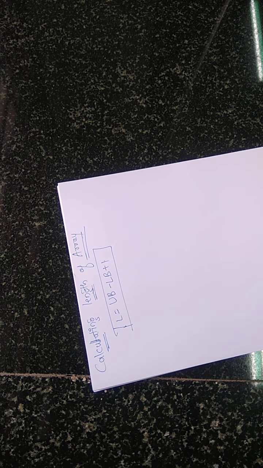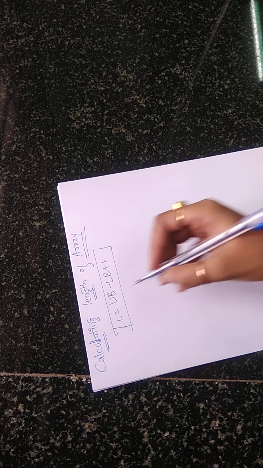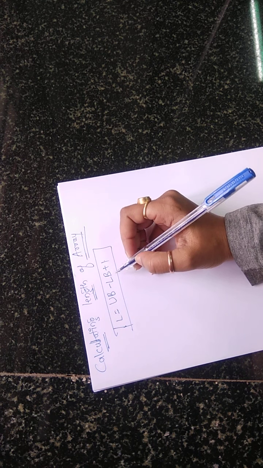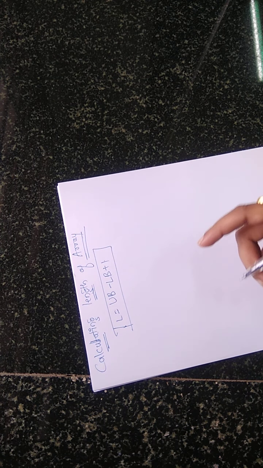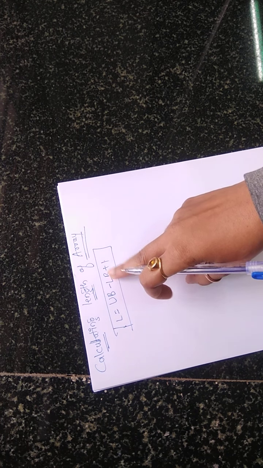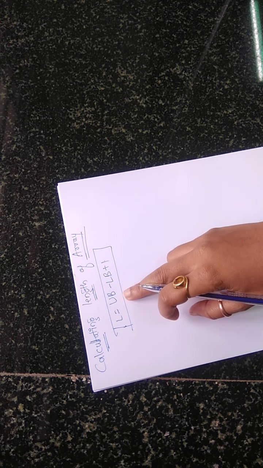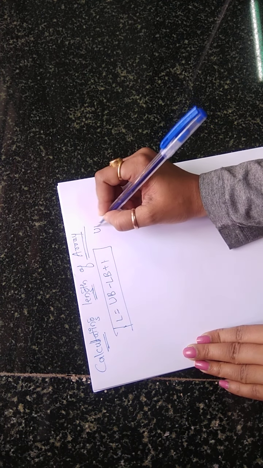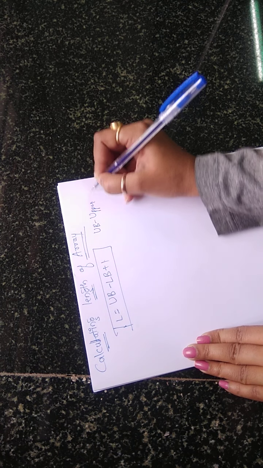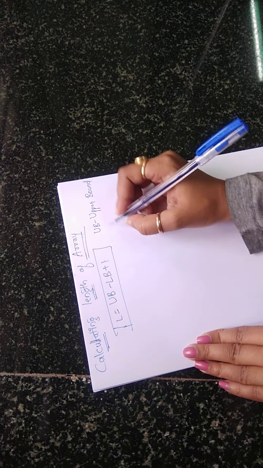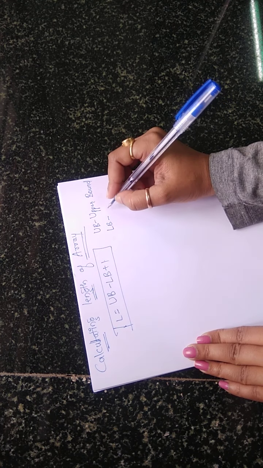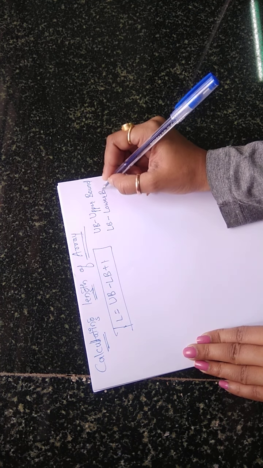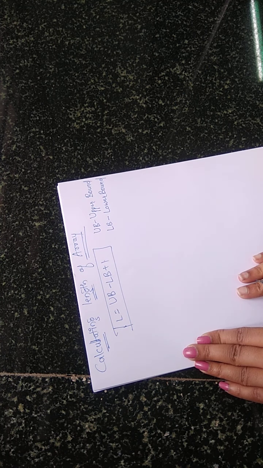If you remember from the previous sessions when we were dealing with single-dimensional arrays, I told you that UB is the upper bound and LB is the lower bound. The first element location is the LB and the last element location is the UB. So remember, UB means upper bound and LB means lower bound.